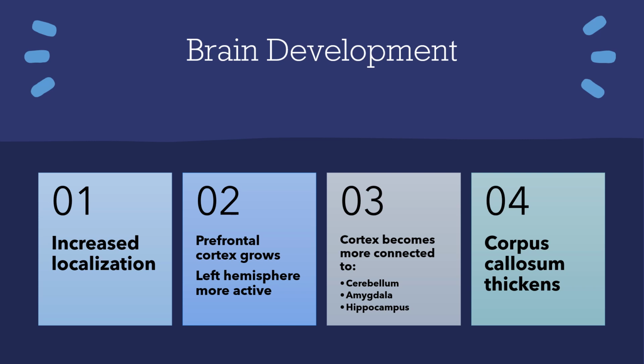Another structure in the brain is called the corpus callosum. It's like a web of neurons that connects the left and the right hemisphere and allows the hemispheres to talk to each other. So again, it helps coordinate and synchronize activity in the brain to help with planning, all kinds of things. So that starts to thicken. The number of neurons is increasing. I think around this time it's also being myelinated as well. So all of those brain developments are going to contribute to their cognitive developments, which we'll talk about in just a second.